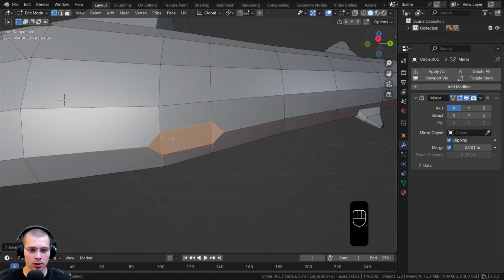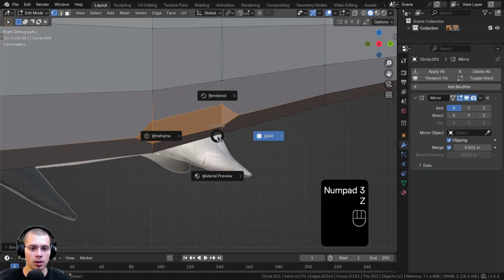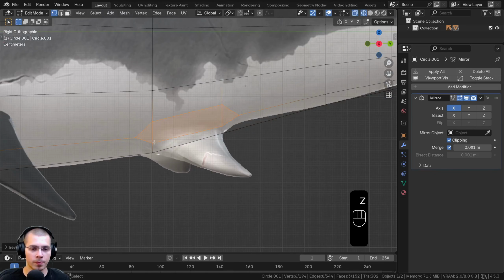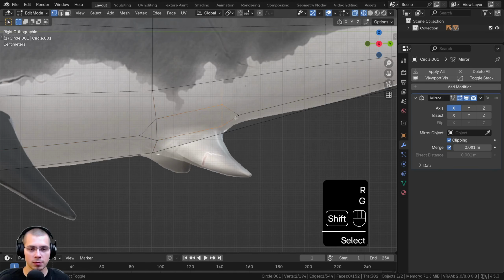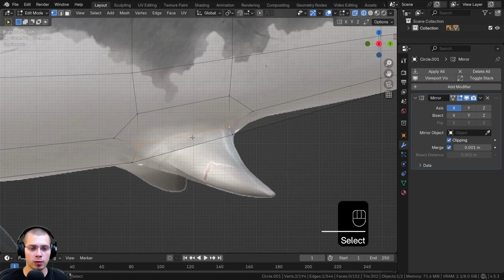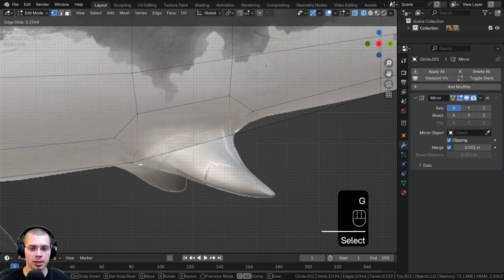So let's hit 3 on the numpad to go to side view. We'll hold down the Z button and go to wireframe. And we're going to select these vertices and maybe just move them in a little bit. And select these vertices and bring them in a little bit. And then maybe these vertices here, if we select these 2 vertices, we'll double tap G and edge slide them